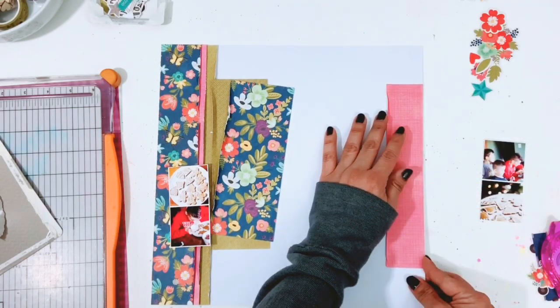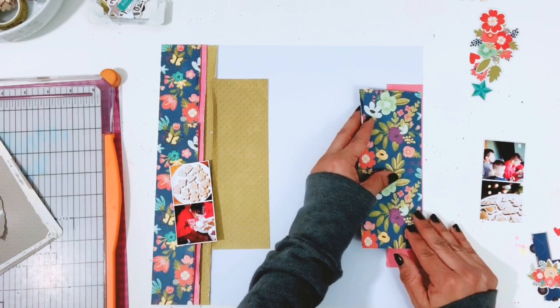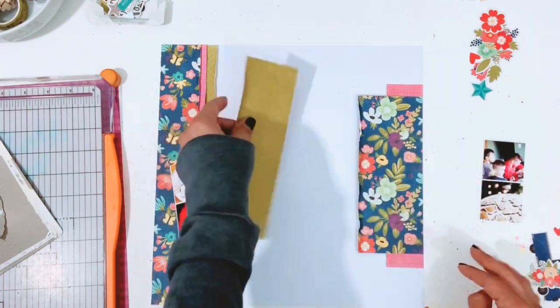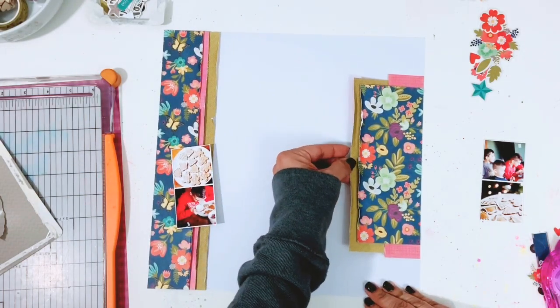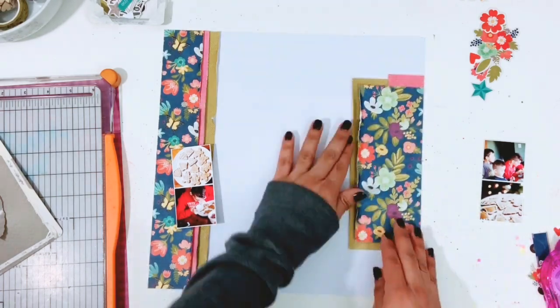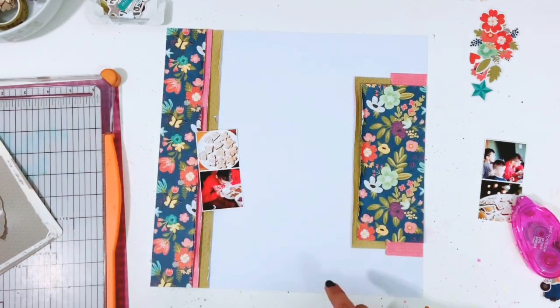I did go ahead and brighten them up just a little bit in an app called A Color Story that you can download on your phone. I really love this app for adding different filters and editing my photos. So getting these strips down, making sure they're down good so that they don't move. And then I'll go ahead and get